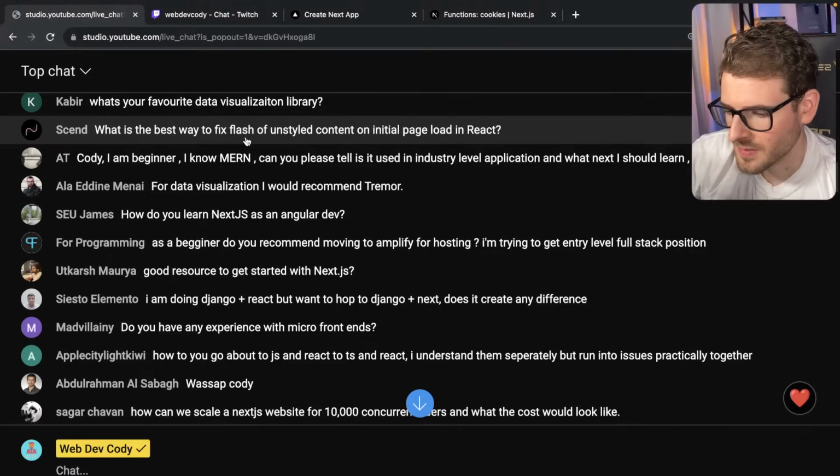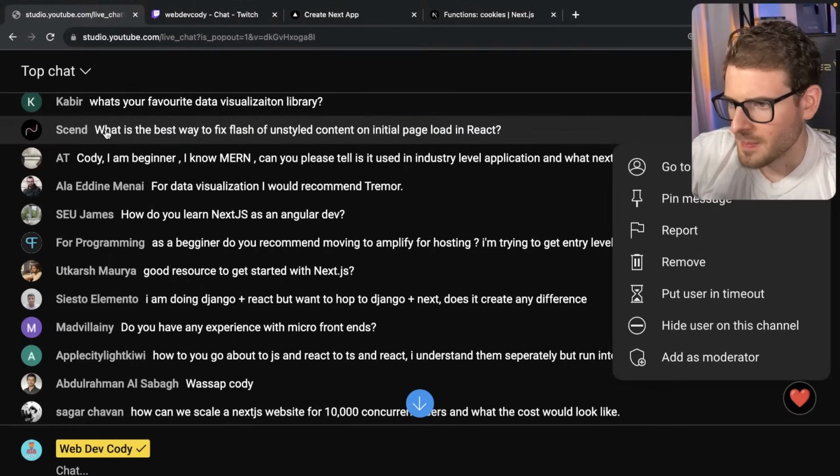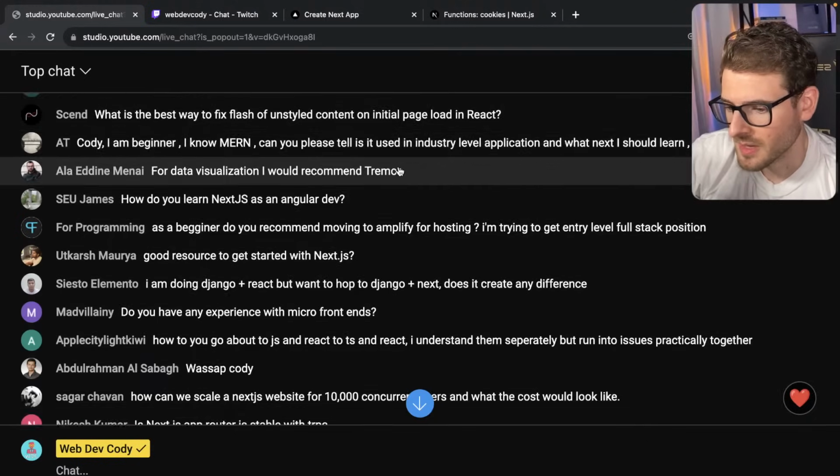What's the best way to fix flash of unstyled content on the initial page load in React? I've seen this when I'm developing locally, but when I deploy my app to an actual site, I don't see this flash, from what I've noticed. I think it's a Tailwind thing, but